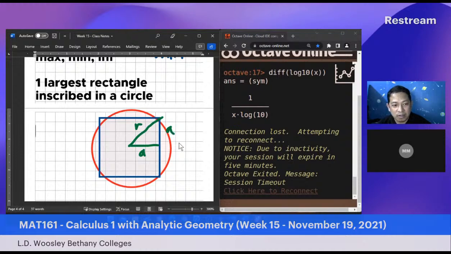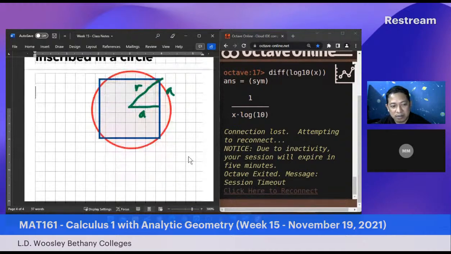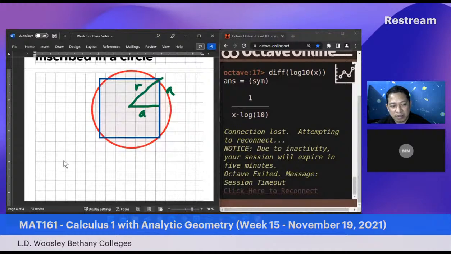Now, since it's the largest rectangle, what you are maximizing is the area, the area of the inscribed rectangle. So based on this relation, it's AA. But our side is 2A. So from here, we could project a relation such that